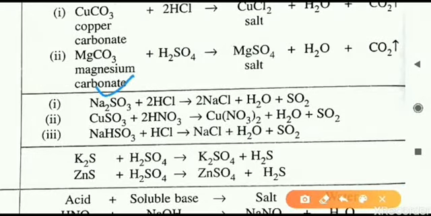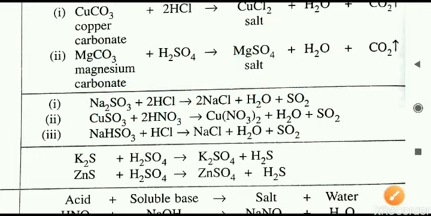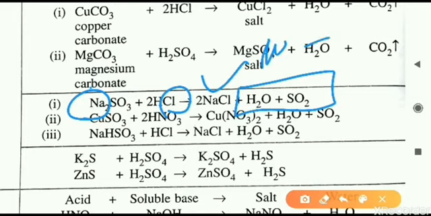This is metal sulfite, sodium is the metal here. So sodium will combine with what? It will combine with the negative radical that is in the acid here, HCl. HCl is H plus and Cl minus. So Cl minus will combine with the positive part of the salt, that is sodium sulfite here. So sodium combines with chlorine, and what we are getting is the salt, that is NaCl. Remaining part is what? If you have learned the general equation yourself, you can write, no need to look at the product side also. So that is salt plus remaining thing, that is water, plus SO2 gas, sulfur dioxide gas.